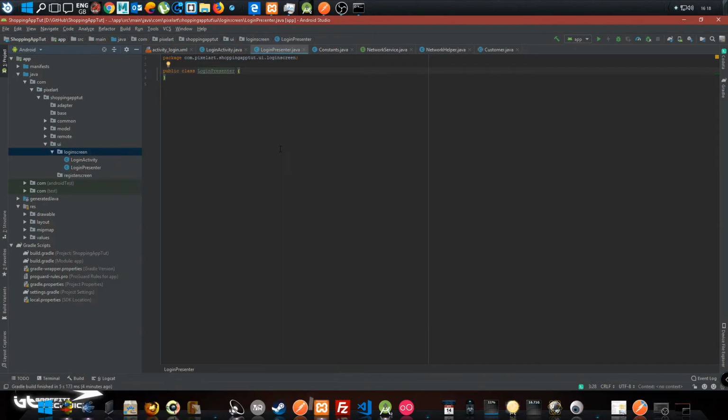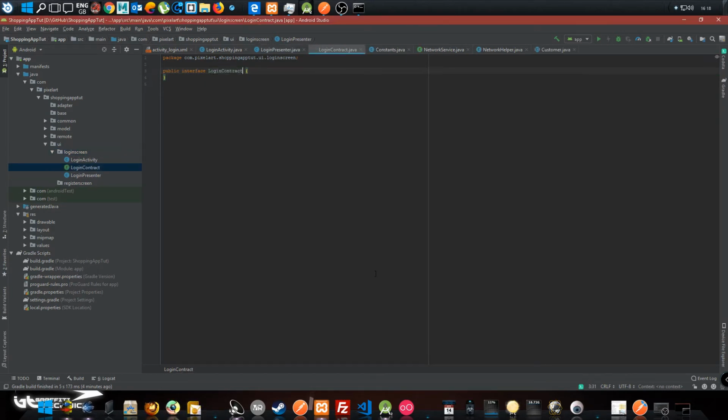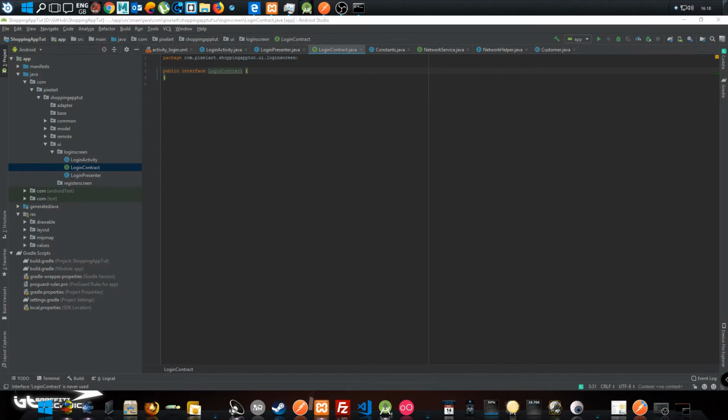And another interface, LoginContract. That will be an interface. So the LoginContract,